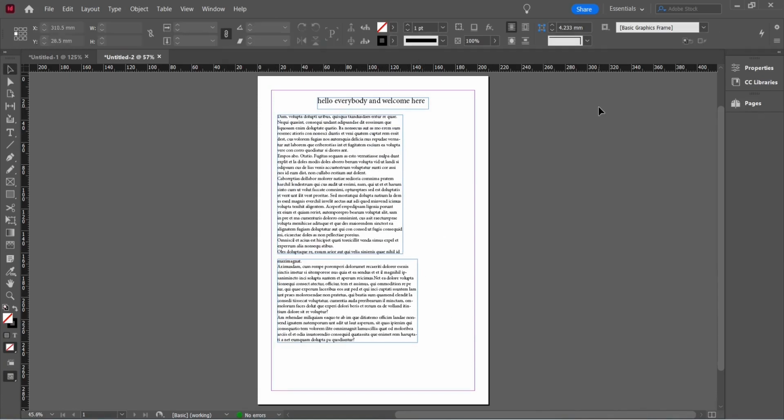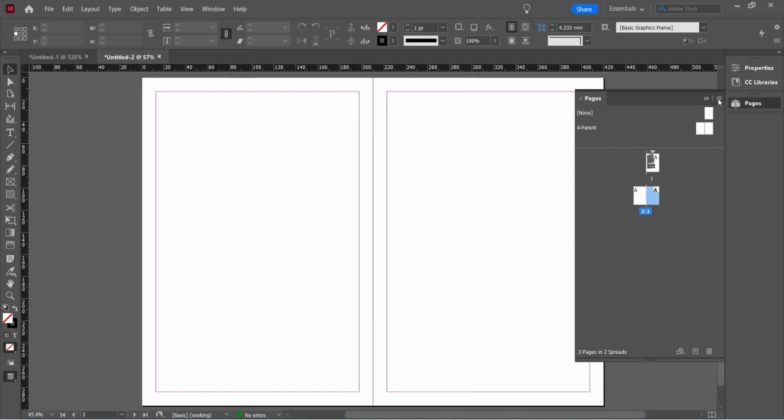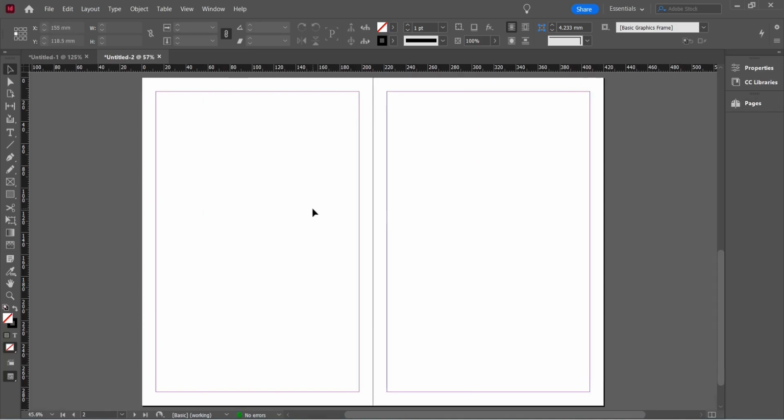Alright, so let's see now how we can import some text from other programs. So for example, from Word. First of all, let's add some pages. So let's open the pages panel, and by clicking this button below here, we're gonna add 2 pages. Perfect. Now what we have to do is going on File,